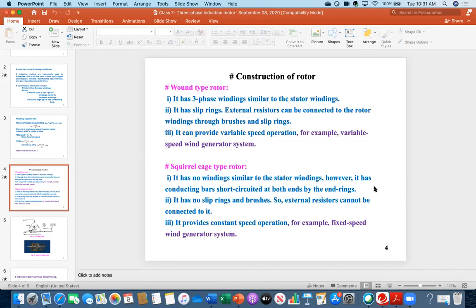Okay, so the good question. In case of the fixed speed, this does not mean that the wind speed is fixed. There are 2 arrangements in case of wind generator. After taking the varying wind speed as the main input, then later on the shaft system, there is some mechanical arrangement that always provides the fixed speed. Therefore, wind speed is varying at the beginning, it has the varying speed. Later, with the help of some mechanical arrangement, called the pitch control of the mechanical system of the wind system,